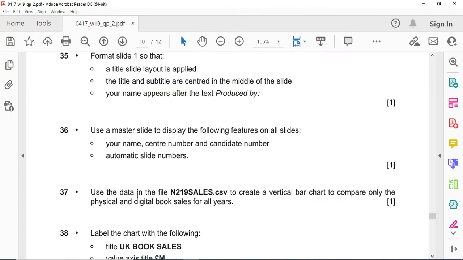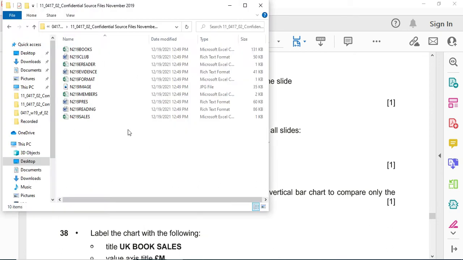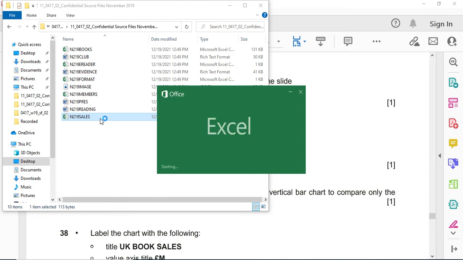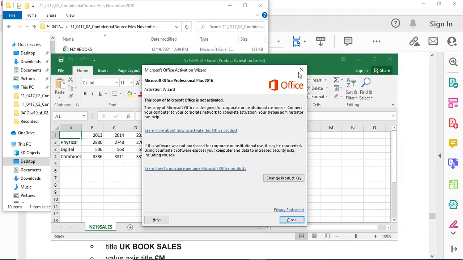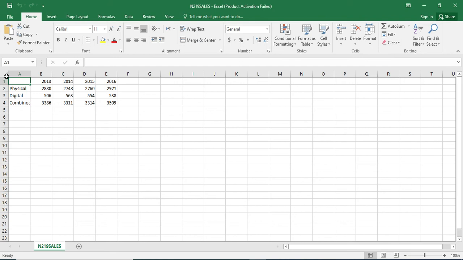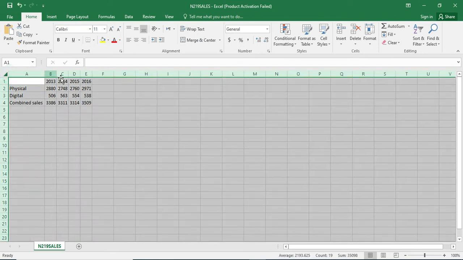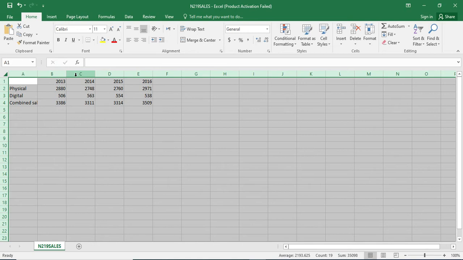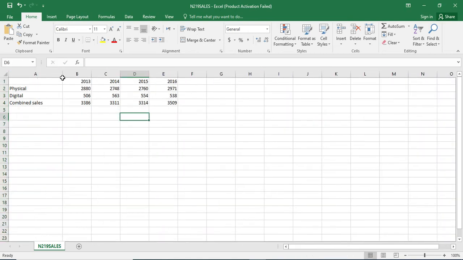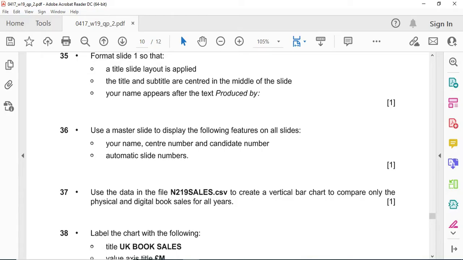Now the next is use the data in file N219 sales.csv to create a vertical bar chart to compare only the physical and digital book sales for all the years. So open N219 sales. You are going to create a chart, so you must be opening it in Excel. So open and then check the content of the file, select the complete spreadsheet, and then make sure everything is clearly visible. Now we have to make a vertical bar chart to compare only the physical and digital book sales